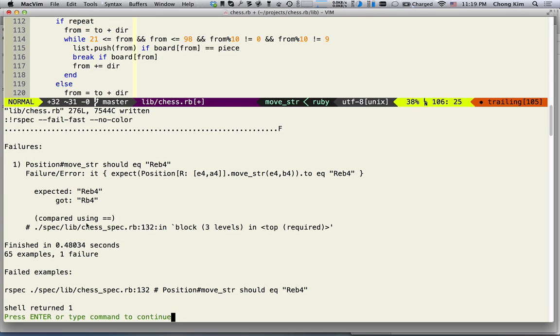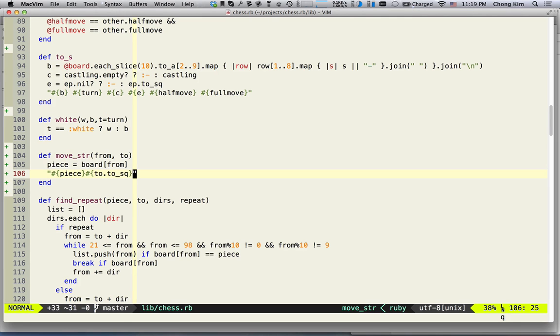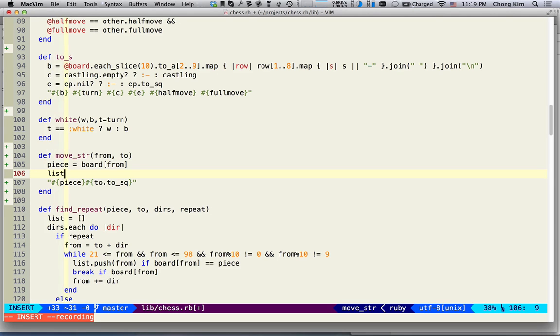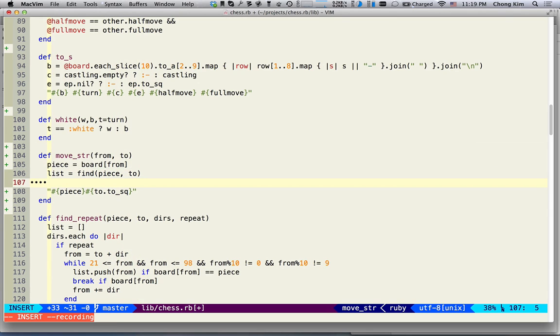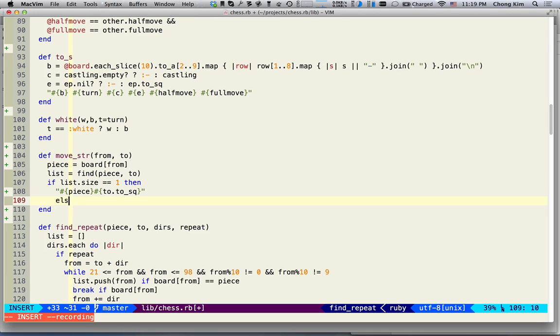Now we have to make this happen. Distinguish it by the column. So we'll use a find to help us. So find is going to return us a list. So find the piece that can go to this location. And if there's only one, so if list size is 1, then we can just do this. Otherwise, we'll take the list and we select it based on the index